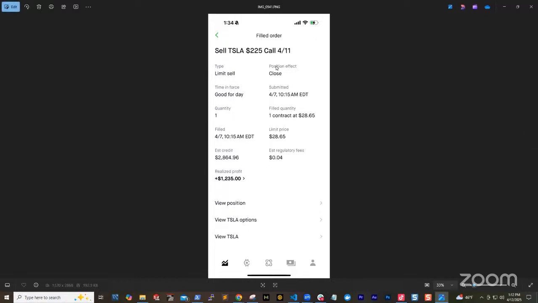That's how you protect yourself. Then this Tesla trade, I made 1,200. Then this trade, I made $600. You can see it right here. Then this trade, I lost 185. This is the one I was telling you guys about, and it's because I set my stop loss. You can see originally I invested maybe like 2,000, right?